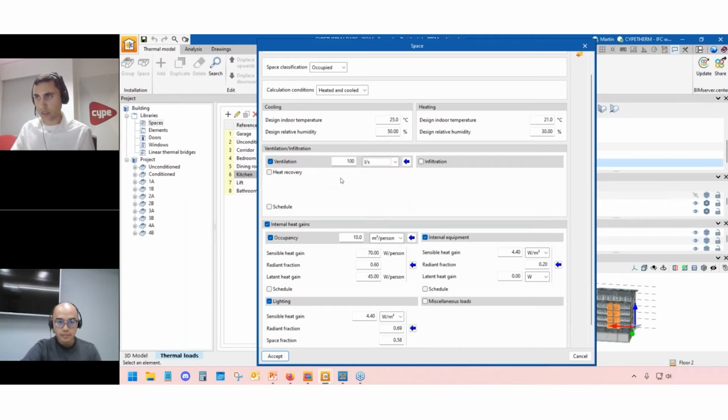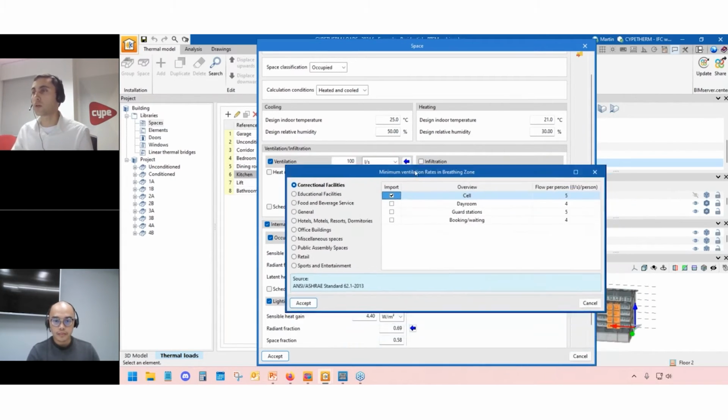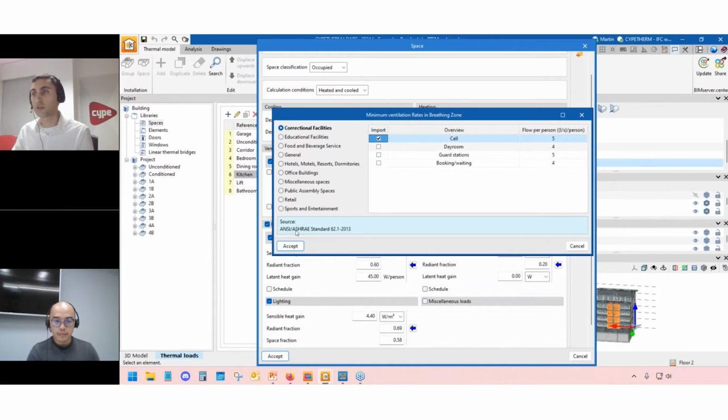Professionals in this area know all this, but okay, we may know the principles and why we need to consider ventilation here, but maybe we won't actually remember what should be the numbers for each single kind of space that may happen to be in the projects. So the program helps us. We have powerful databases, as we said before, and just by clicking this blue arrow, we have information coming from